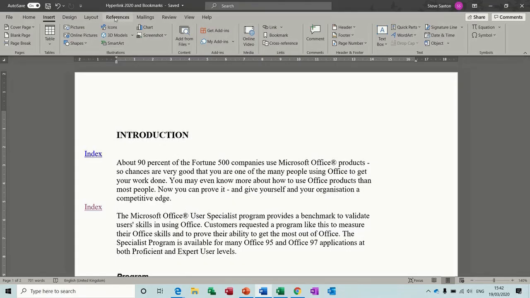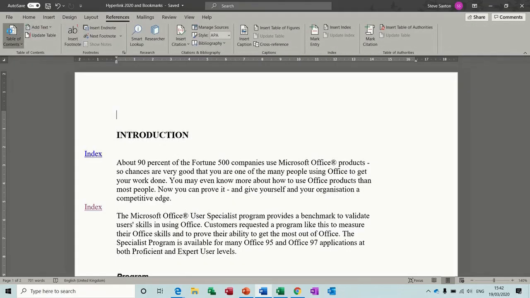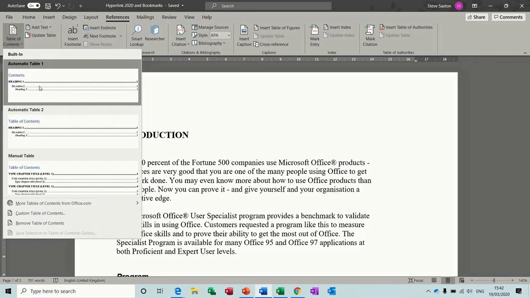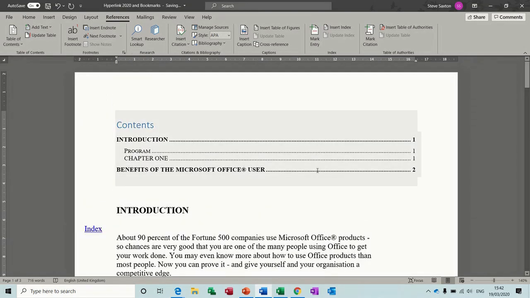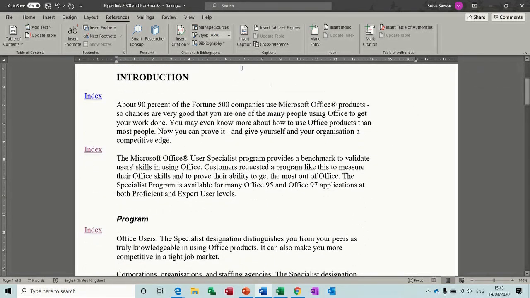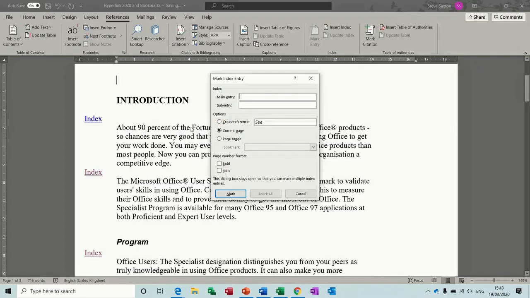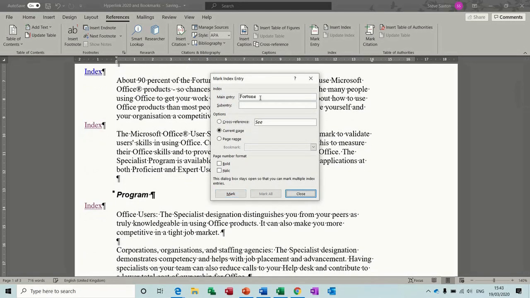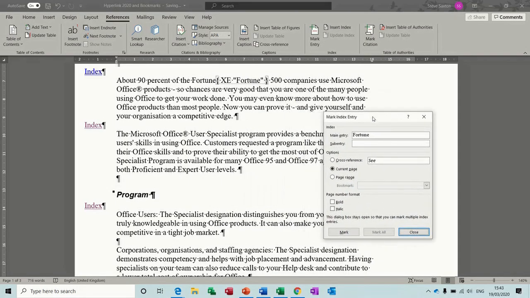But first of all, references, table of contents, just reminding ourselves that will pick up heading styles on these pages. So there's only 2 pages in this document. And then to create an index entry, if I go back, still on references, you have to mark the entries. So I'll quickly go through a few of these and mark the entries. So once you mark the entries, the show hide feature activates. So if I put a few things in there,